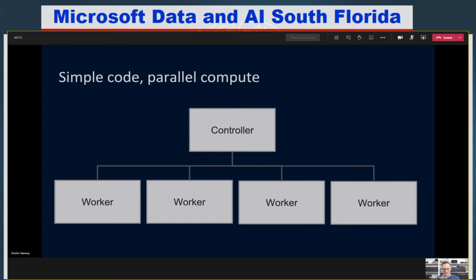What that looks like, as a super high level architecture of Spark, is that we have this controller node that's part of our cluster. We're going to run driver applications that run off the controller. Then that's going to assign a lot of work to the workers, is typically what we call those. I might have 2 workers, I might have 4, I might have hundreds. We're basically saying with our simple API calls, go ahead and spread this work out, run it in parallel. And as we get more and more data, we can often just add more workers to get better performance or to be able to handle a larger load.